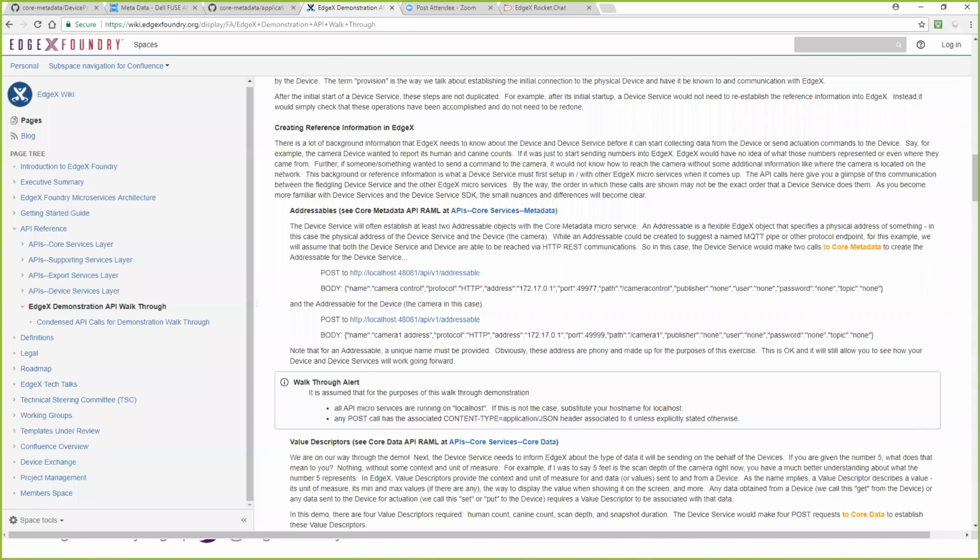No. In fact, this demonstration will talk a bit about that. But as a minimum, if you want to get readings that you manually push through, really all you need is core data, the database, and metadata. Believe it or not, that's minimally all you need. If you want a device service, for example the virtual device service, to actually start pushing data in, then you would need that service as well. So really, you can start development with a very small set of services to at least get the data flow operational.